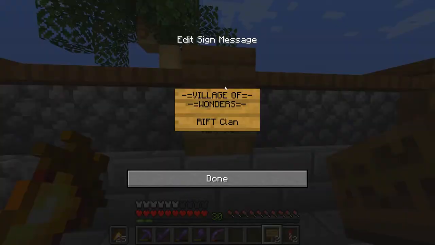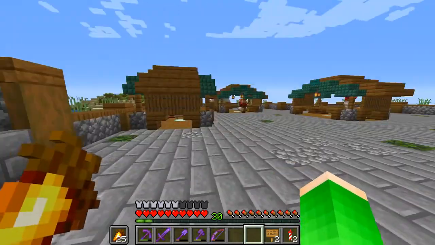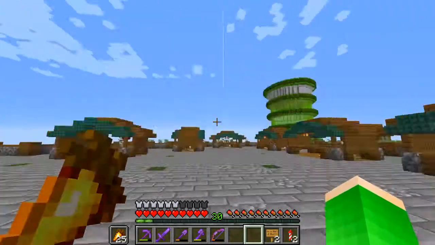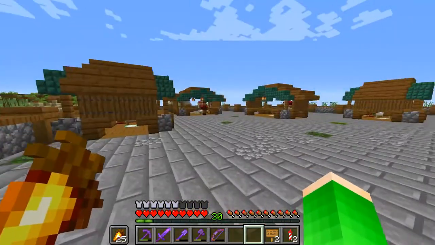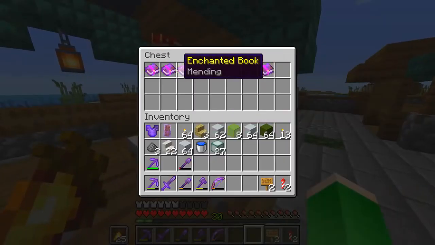Okay, so the name I have chosen is the Village of Wonders. Now the reason I have chosen this name is because obviously we are on the Island of Wonders, right? So I guess it would just make sense to call this the Village of Wonders. So yeah, this is now the Village of Wonders, and if we take a look, we have all of the